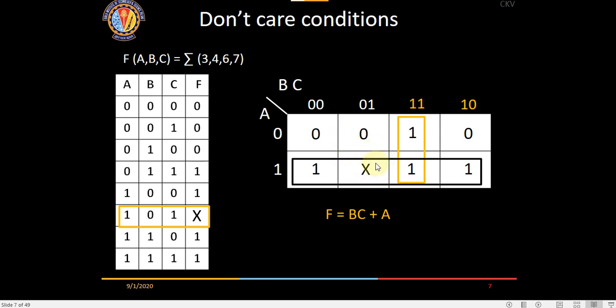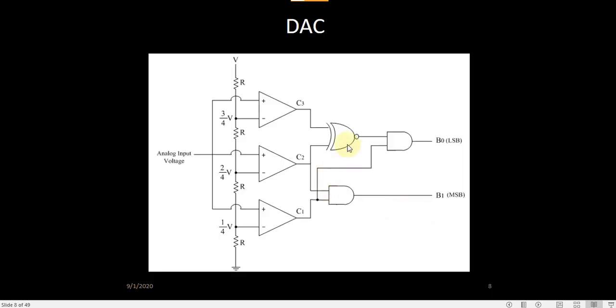So it's like 0 or 1 as per our convenience, right? Yes, as per our convenience. Like Ayushman has said, it's a wild card, so you can put it either here or there, and it doesn't matter. Okay, so I will give you some examples of don't care condition